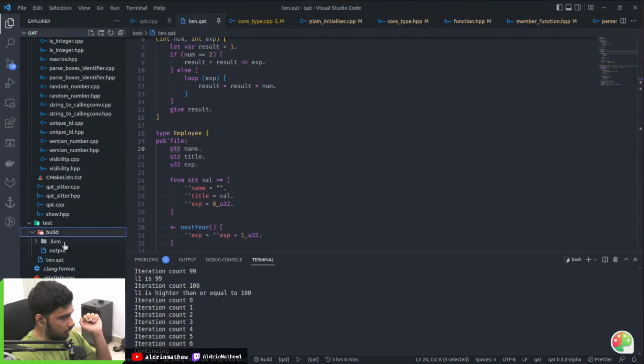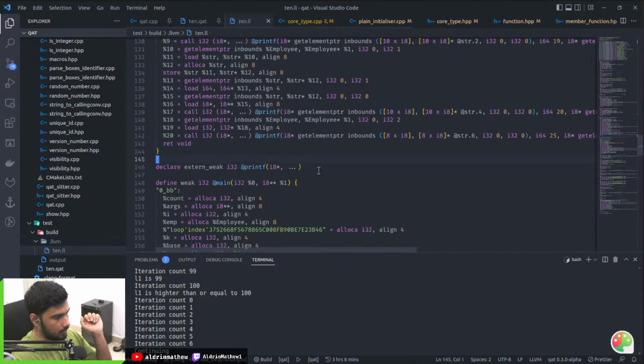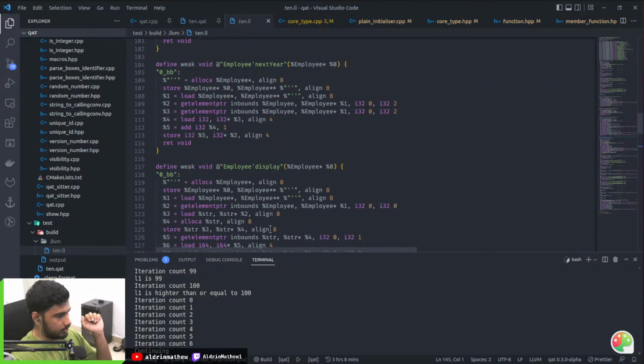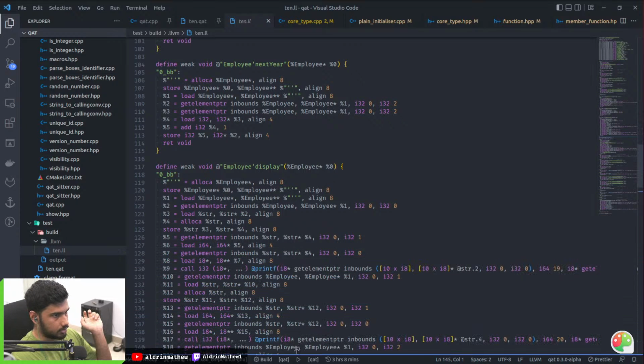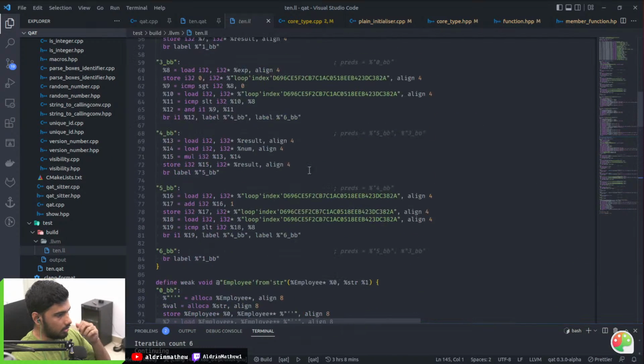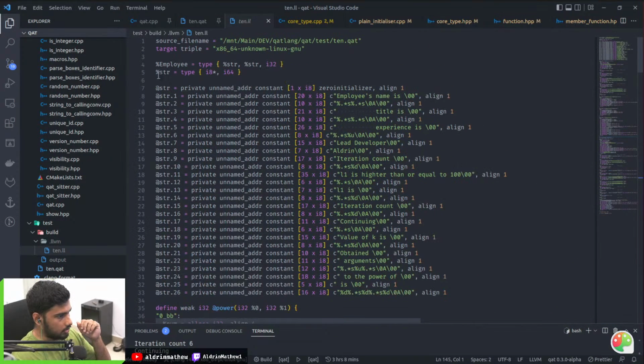So if I go to the LLVM output of this, the string type basically resolves to an i8 pointer, a pointer to an 8-bit integer, and the field for the length.